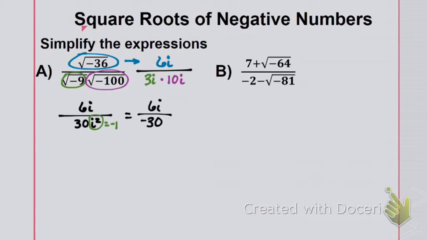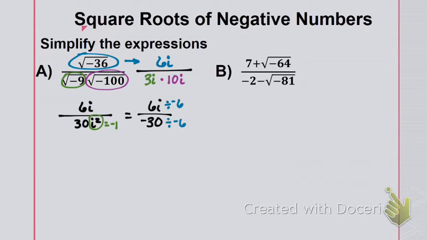Can I reduce that at all? Yeah. What can I take out of both of them? 6. Yep, I can divide them both by 6. I normally like my denominator to be positive, and I like the negative to be up in the numerator. And so I'm going to divide these both by negative 6, so that I have my negative up on top